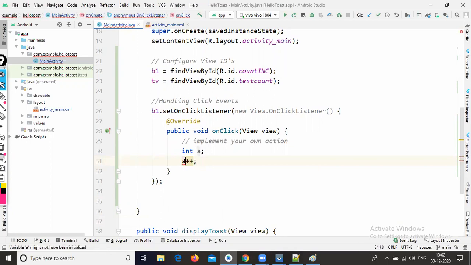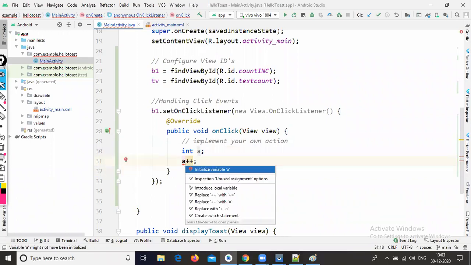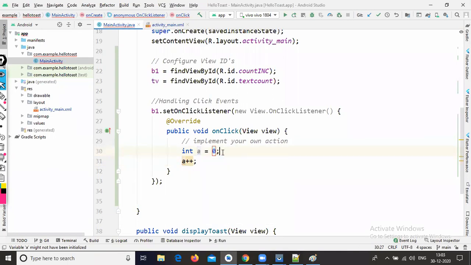So when I click initialize the variable, it creates a equal to 0. Now it is accepting, but it is not highlighted. So in Android, when I'm creating local variables inside, it is not accepting.